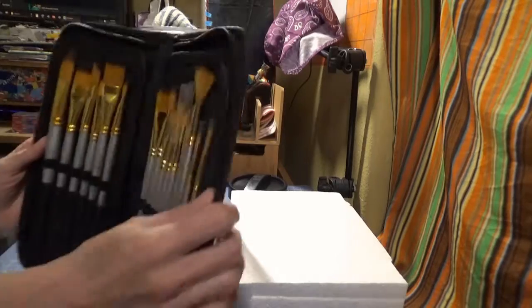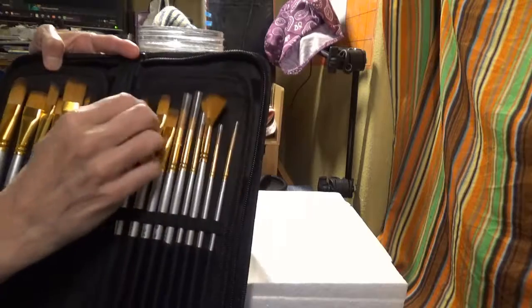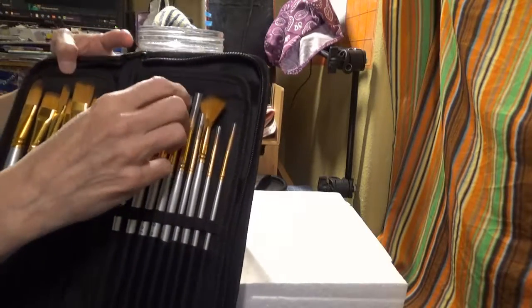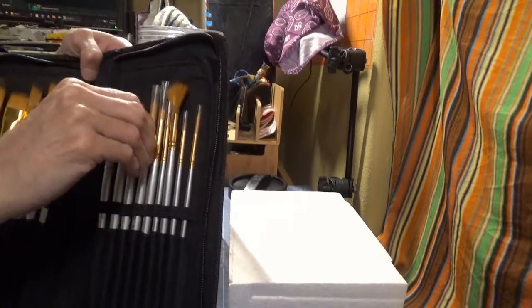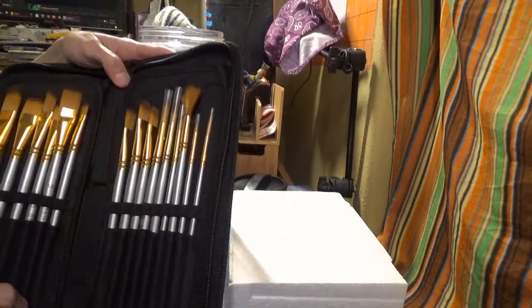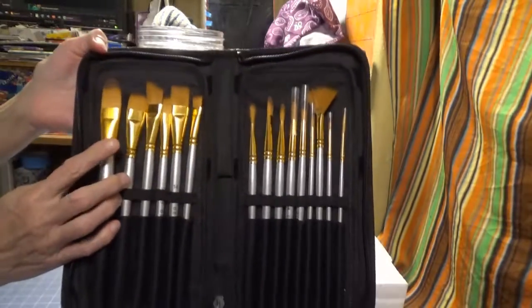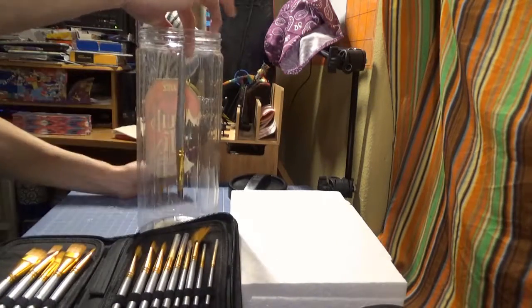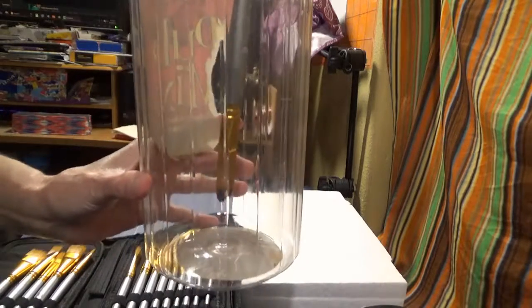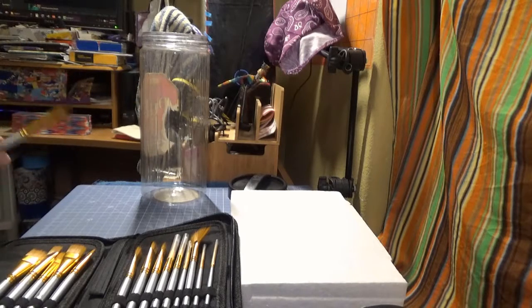the tallest one, I think, is the fan brush here. Let me see, maybe not. Let's push them all down without killing the bristles. So probably this is my tallest one right here. And it would be down like that, and it would not even touch the bottom there. So if I was going to dry it, I'm thinking more along the lines of not putting the